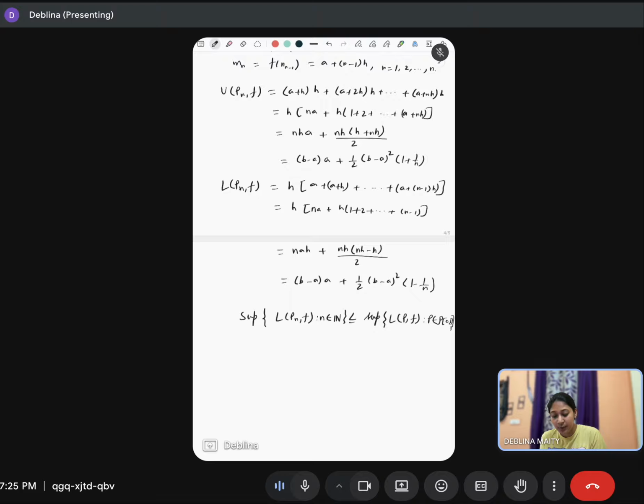So in the right hand side we have it over all the partitions, and in the left hand side some particular partitions, right, where the subintervals are equally distant. So this supremum will be less than or equal to this supremum, and what is the supremum on the left hand side? This is when n goes to infinity. So when n goes to infinity, the intervals become finer and finer, right? So the supremum is then